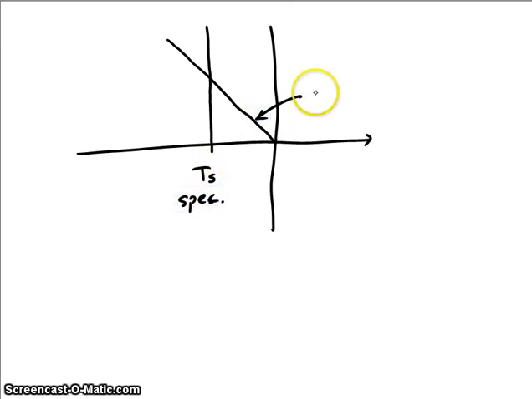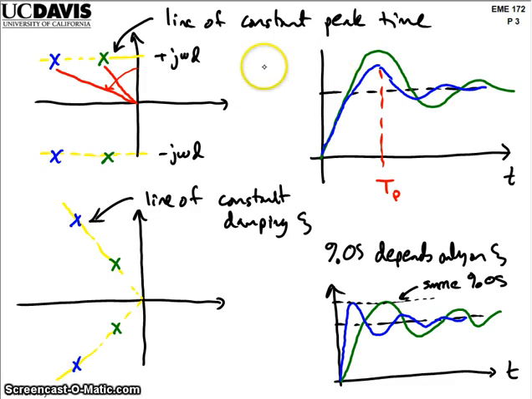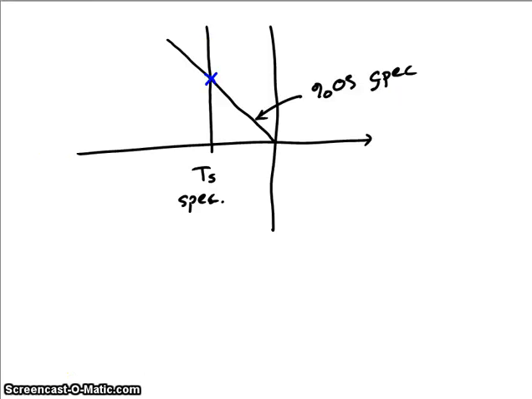Okay, and this one is the percent overshoot specification. And so together we end up with a unique location for the pole. And the same thing is true if I give you a settling time spec and a peak time spec, right? Because that would give us a vertical and a horizontal line, and taken together they will have one intersection. Okay. Now it's also possible that